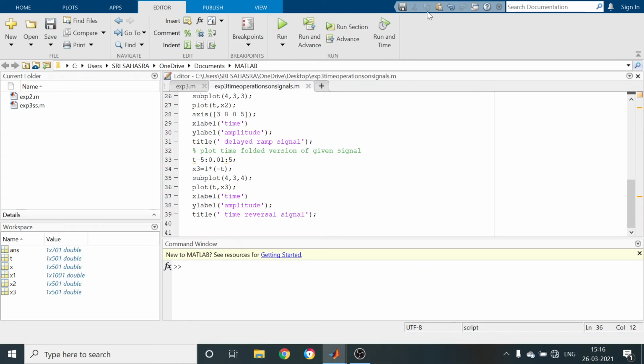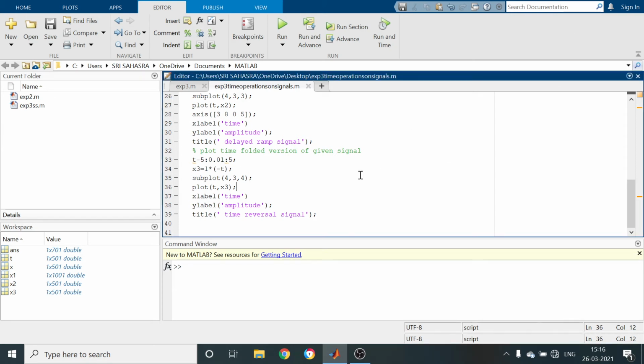Yes. Here the mistake is previously we defined axis for only positive time limits. That's why we didn't get it. So here this is the actual signal from 0 to. So here this is the ramp signal. Here we are going to get reversal. So negative ramp we are going to get. So here we have to use plot.